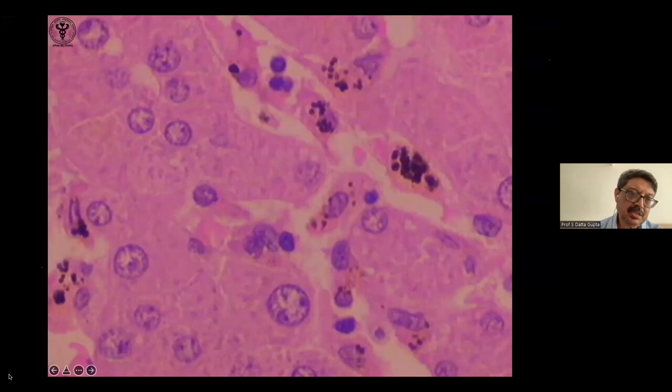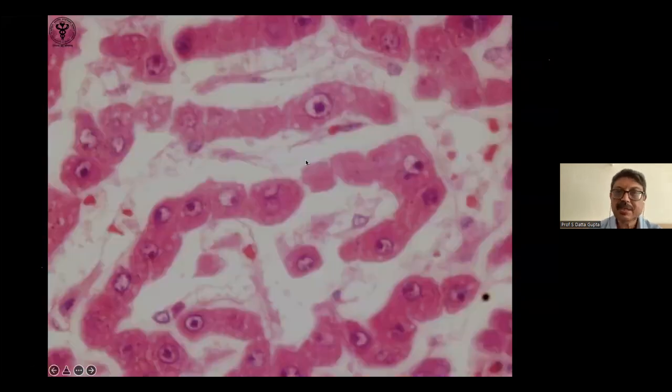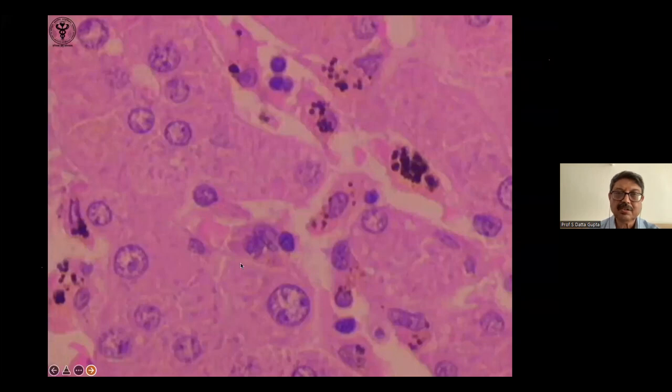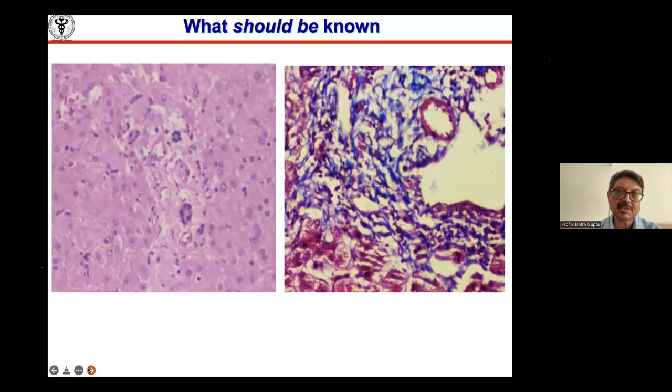These cells separated out. These are the sinusoidal cells. These are the hepatocytes, and this is the space of Disse. Normally, you don't see it. This is because of autolysis. You can find the sinusoidal cells better when there is malaria, because they swell up with pigments, or when there is hemosiderin, right?